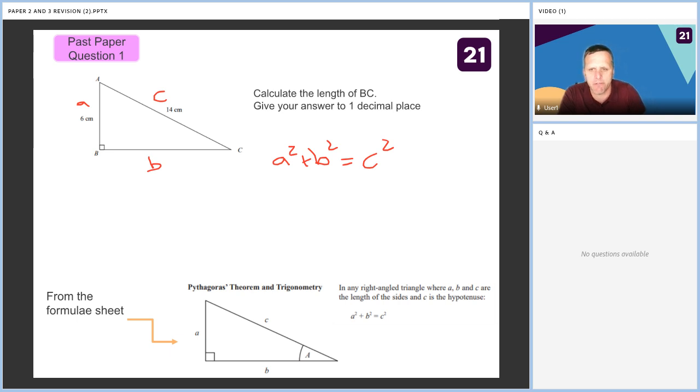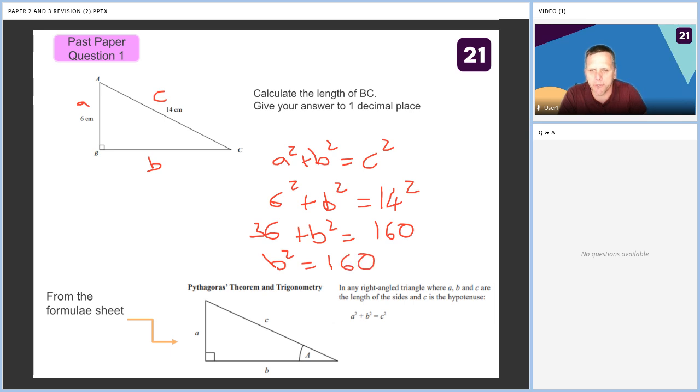Okay, and then it's up to you whether you can rearrange now or after you've substituted in. So let's substitute in. We've got A is 6, so 6 squared plus, we don't know what B is, and we know that equals 14 squared. Okay, so calculator paper, remember, so we got 36 plus B squared equals 160, and then we can rearrange. So we've got B squared equals 160, well, we've got plus 36 here, so to go away from that, we take away the 36 from both sides, and we get, if I go over here, B squared equals